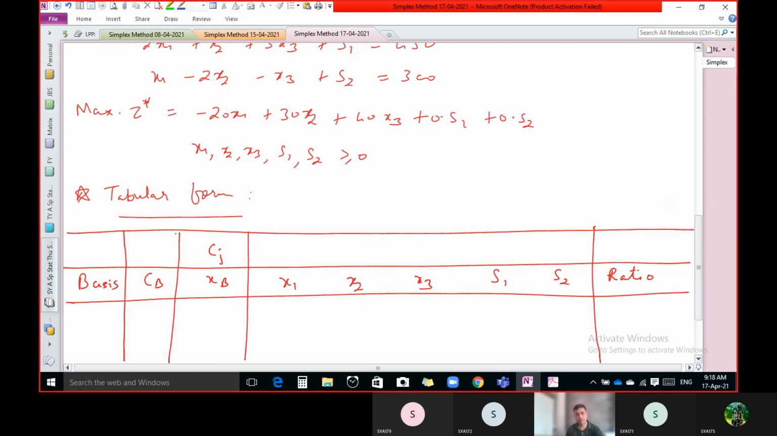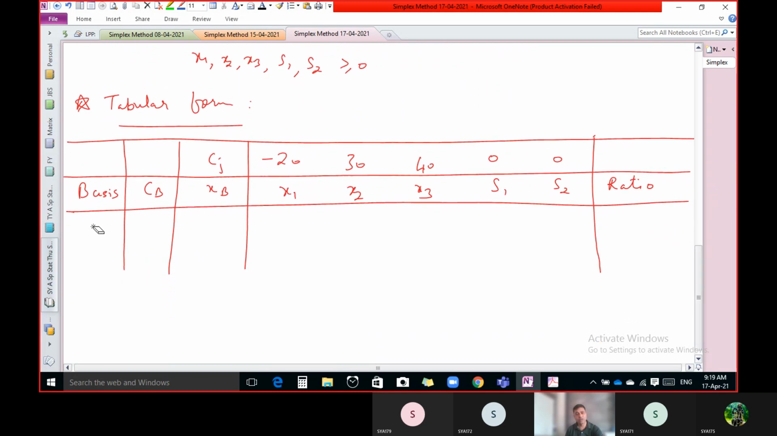Okay. First step, write the values of this CJ. CJ stands for the coefficients of the variables from the objective function. So this is our objective function. The coefficient of x1 is minus 20, so we have to write minus 20. Here it is plus 30. Here 40, 0 and 0. So from the objective function we have to write this one. Okay, next step,